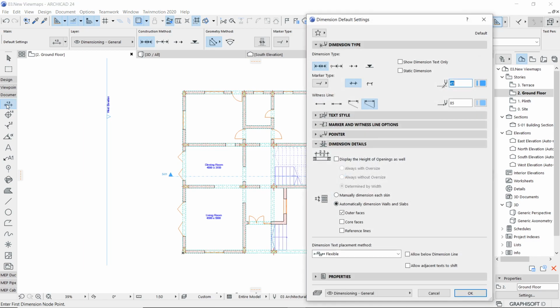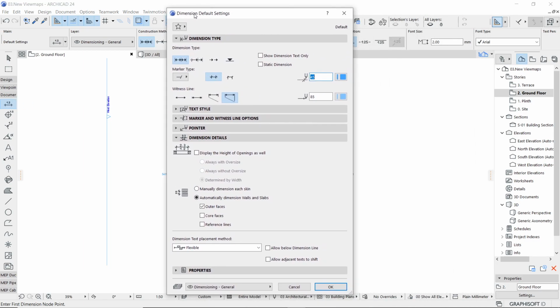Double click so that the settings will be in front of you, default settings again, that is before drafting. And then you have a first rollout, dimension type, which is the linear method. You have cumulative, baseline, etc. So again, at present we will be working with the linear method. A marker type, that is the arrow, how it should appear. You can decide some suitable appearance as per your choice. I'll continue with the tick option as it is. Maybe you can change it later.